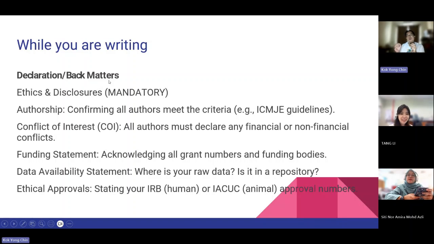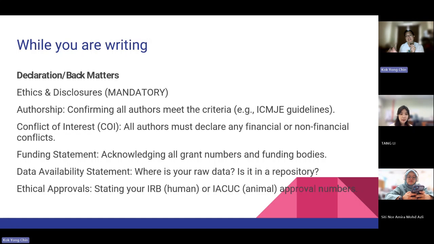Another part that's often overlooked by students when you're writing your manuscript will be the declaration and back matters. These are the sections after your conclusions. And it is very important, although sometimes you overlook it, but it's very important for the editors. In these declarations, you declare your ethics and disclosure, meaning that whether your study needs ethical approval, you have to